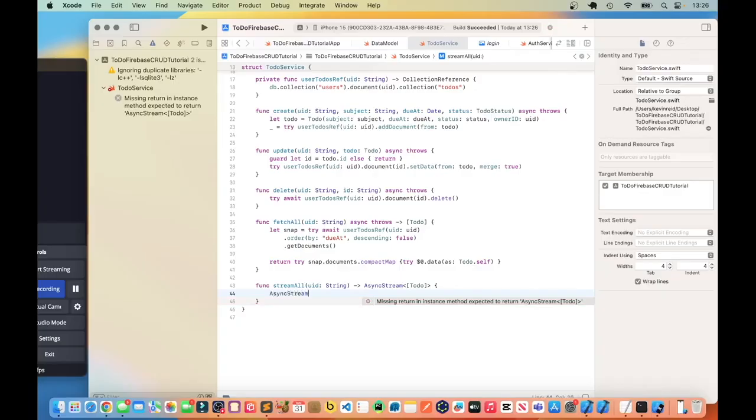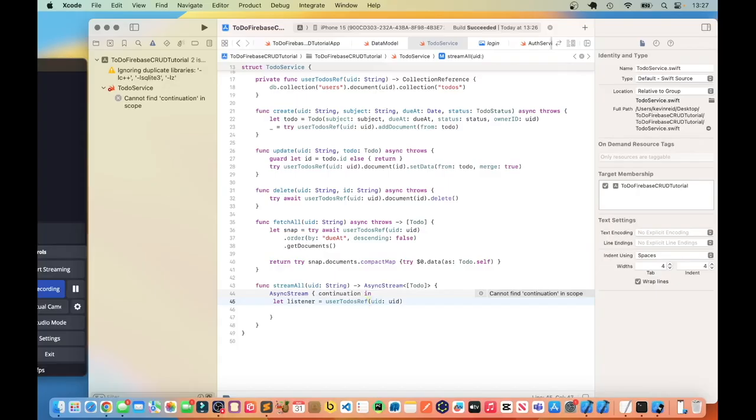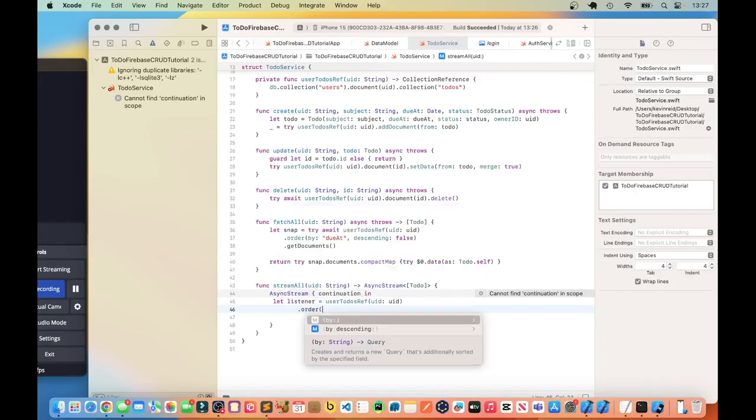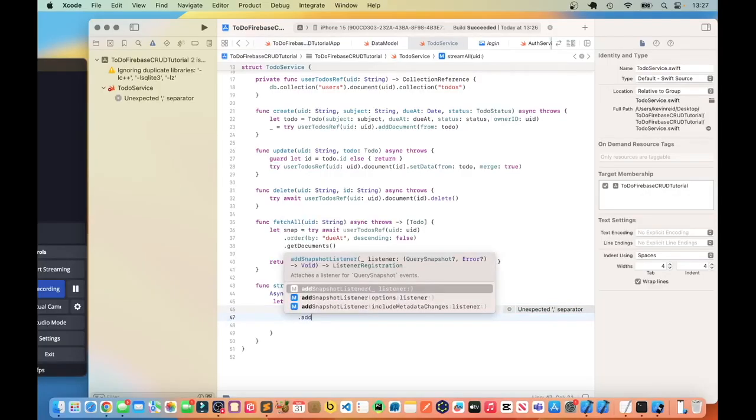Async stream continuation in, get listener equals user to-dos ref, and then as we've done earlier, we pass in the UID, dot order by to-do at, descending is false, dot add snapshot